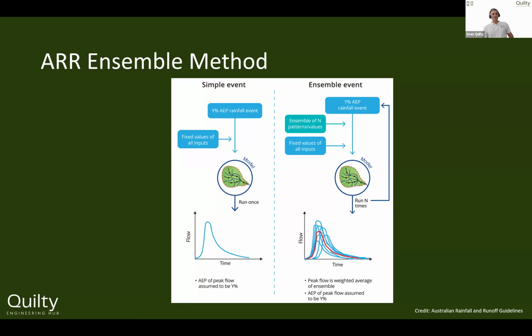So hopefully that gives you at least a little bit of information to start scratching the surface when we look at rainfall. It can be quite simple depending on what model we're using, like the rational method. Then it gets a little bit more complex when we start looking at time area methods or runoff routing methods, and obviously more complex again when we start to get into flood modeling.